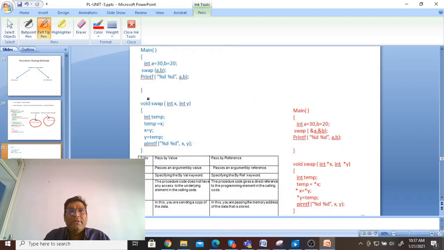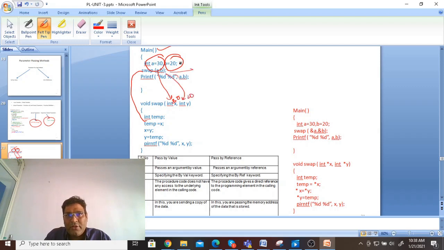Let's say there is a value. A value is 30, B value is 3. This is the main function which I defined in C language. Swap a, b, the control comes up here, in temp, then swap a, b, the value of int is nothing but this is 30 and this is 20.